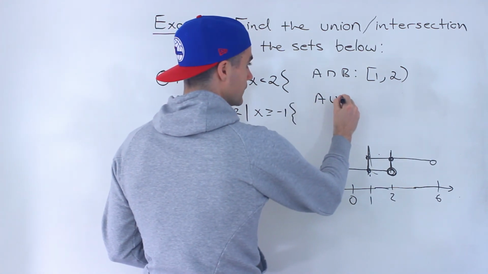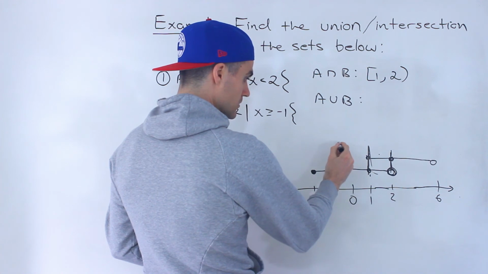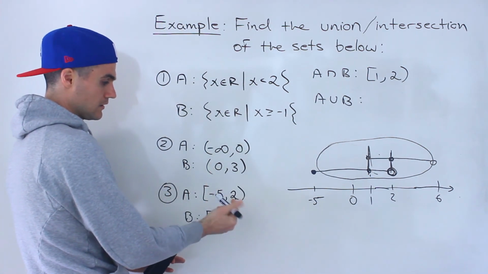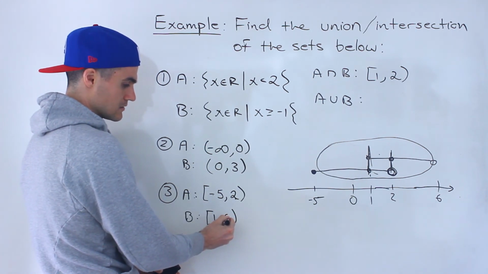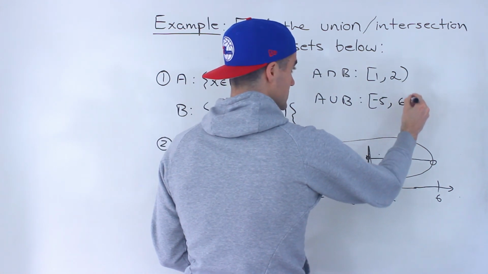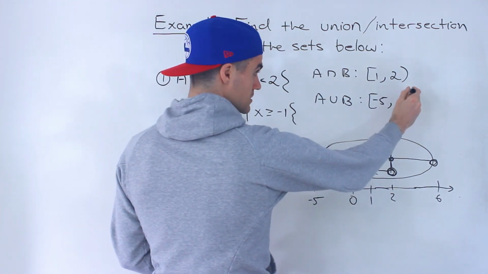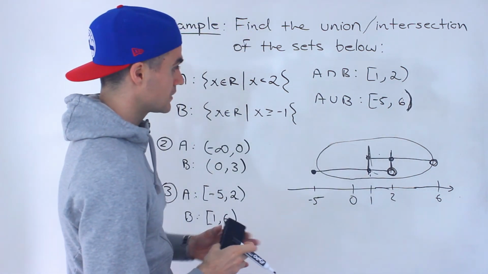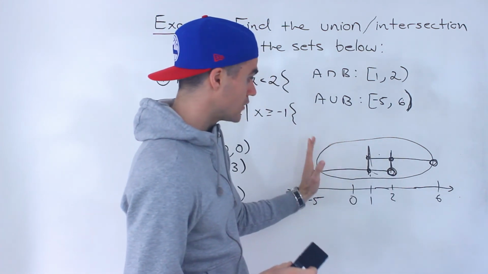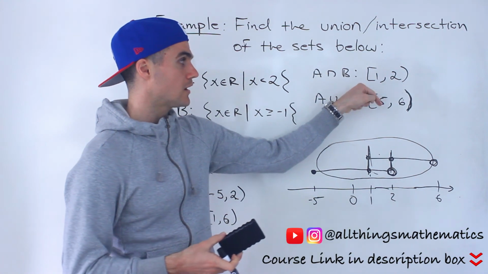And then what would be the union? Well, the union would be A or B, and so it would be from here all the way to there. So it would be the left endpoint of set A all the way to the right endpoint of set B. So it would go from -5, inclusive of the -5, to 6, but not inclusive of the 6. There's a hole there for set B, and then there's no 6 in set A, so it would just not be inclusive right there. So it's basically all the numbers in A or B. What numbers are in A or B? Well, any numbers from -5, inclusive of -5, to 6, and then what's in both of them, 1 to 2, inclusive of the 1, but not inclusive of the